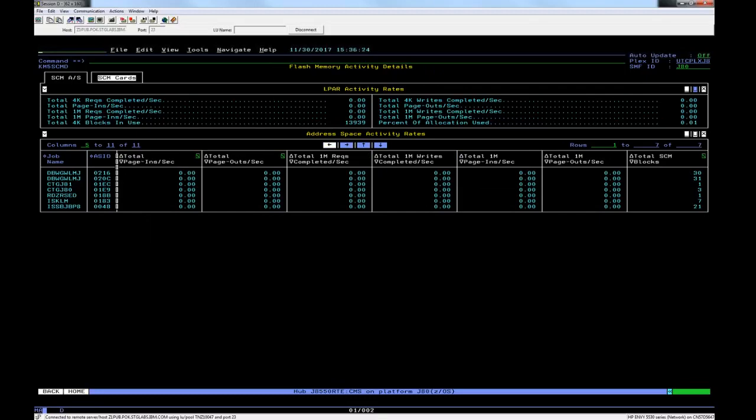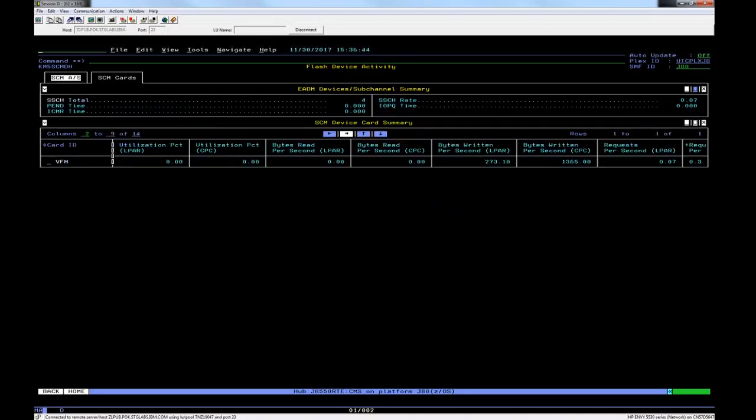and if we page to the right, the total number of storage class memory blocks that are in use. There's not much utilization of flash memory obviously going on here right now. But this was introduced pre-550, but in version 550, we made this workspace a tab workspace, and if one selects the SCM cards tab,